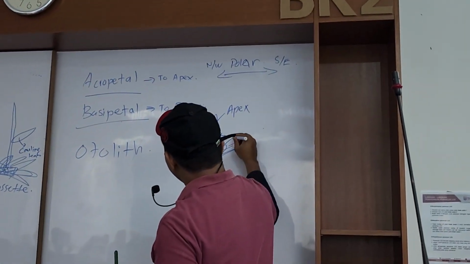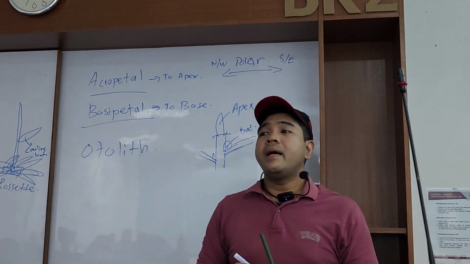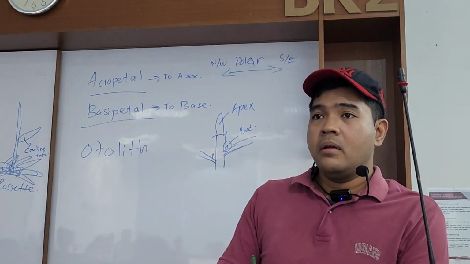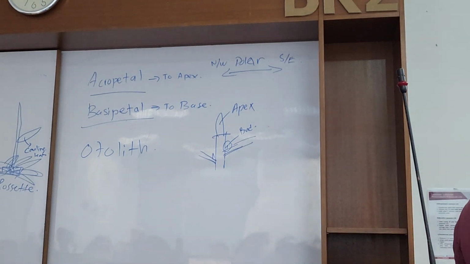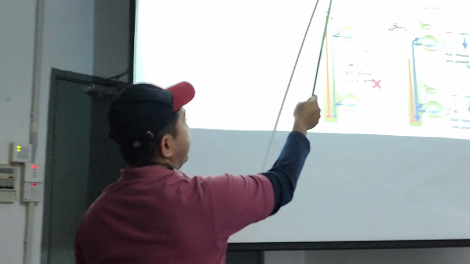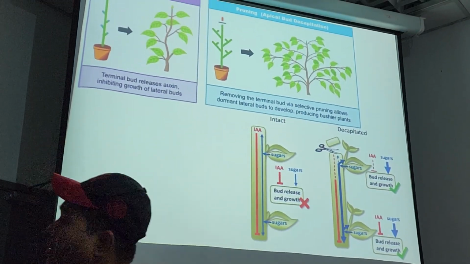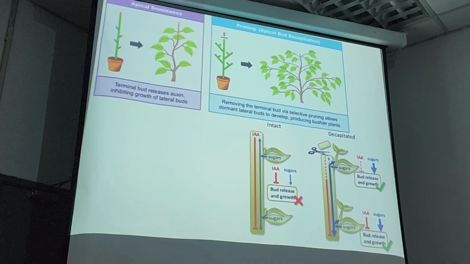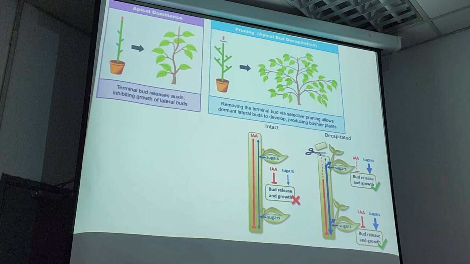This is actually a bud, a leaf bud, but it stays dormant. It's not growing. Why is it not growing? Because of this phenomenon called apical dominance. But the moment you chop off the head, all these axillary buds will start to grow. There's nothing stopping them now. The reason is,